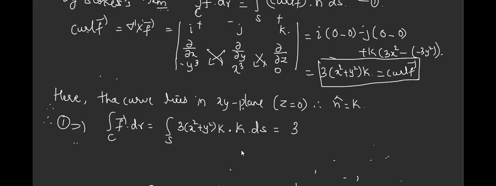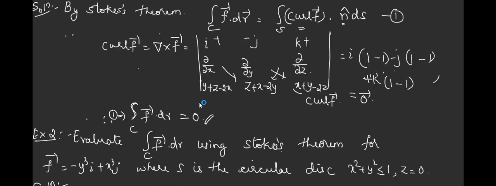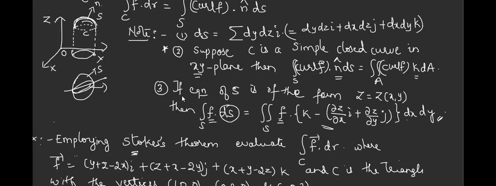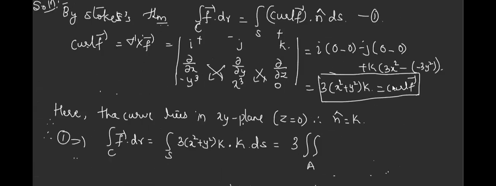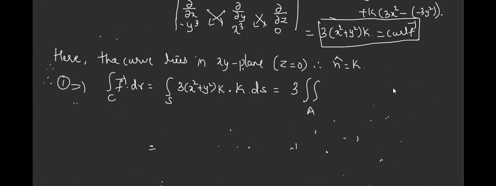Now, when you apply this, the single integration converts to double integration over the region A. This is one of the important points. You can observe that in this second point only. Just see how I have written this: curl F dot n cap ds. This single integration converts to a double integration. No doubt we have to write n as k, because this is converted to only x and y terms. That's why here you should take it as double integration. So this is x square plus y square. How do I have to write my ds? This becomes dx dy.